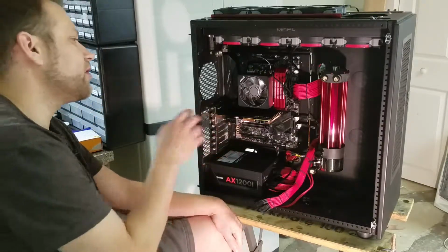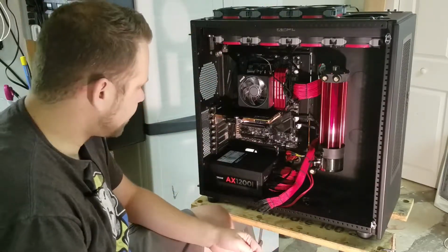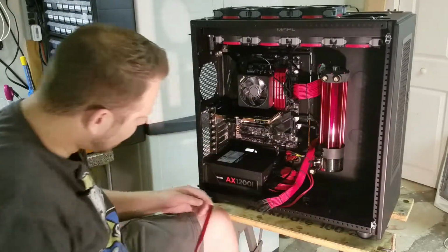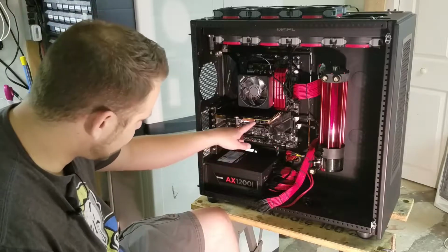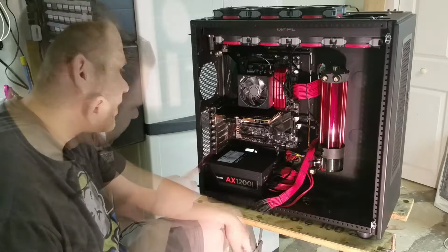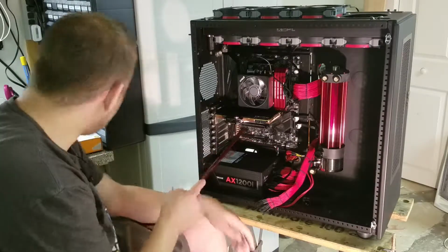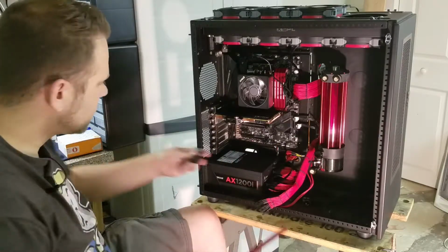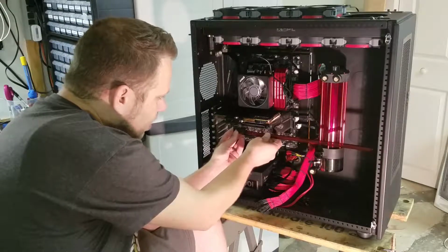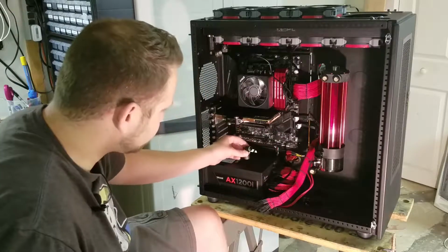So as far as the PETG goes, I've got a couple ideas floating through my head. Depending on how I decide to run this, I could be shooting myself in the foot and blocking some of these PCI Express slots. I could come straight out of this card with a 90, or use